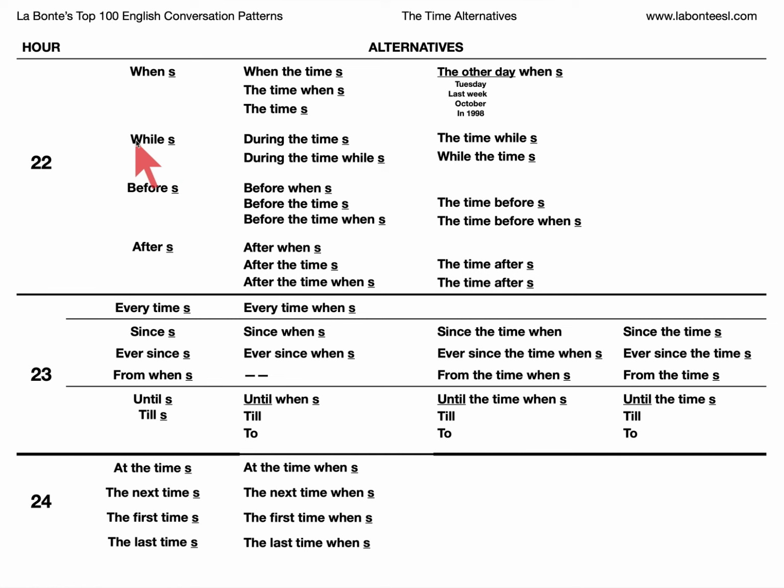When she was there, while she was there, before she was there, after she was there, every time she was there, since she was there, until she was there, at the time she was there, the last time she was there. The S simply means a sentence, and you join another sentence onto this. When she